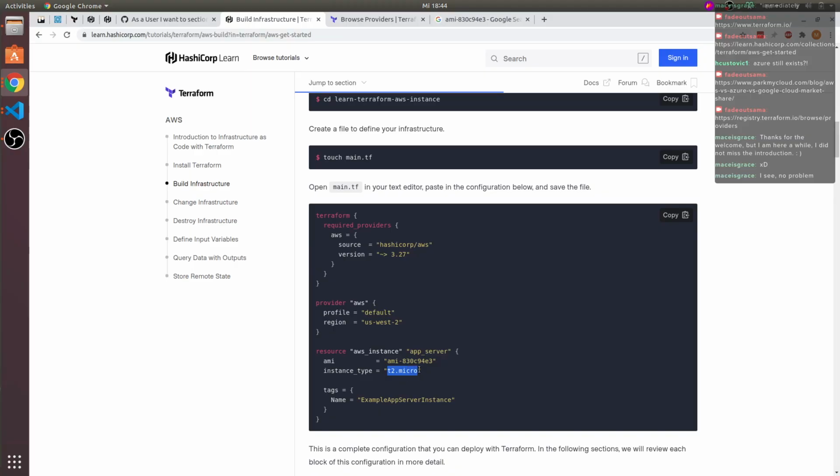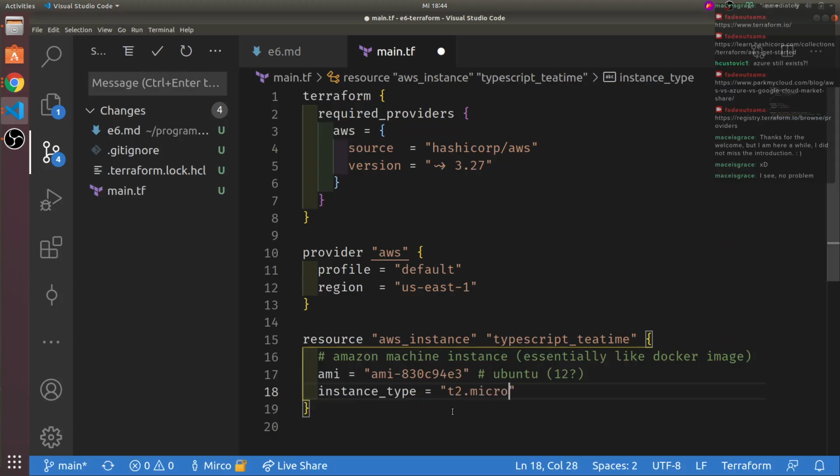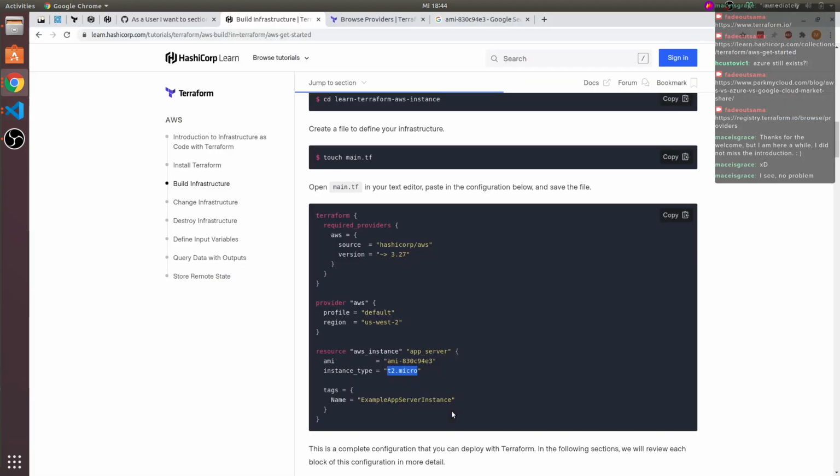But in this case, well, we only want to display it, right? So I just picked the simple one. It costs a bit. I think they bill you per hour, and this micro instance costs really nothing. It costs less than a cent per hour, if I remember correctly.